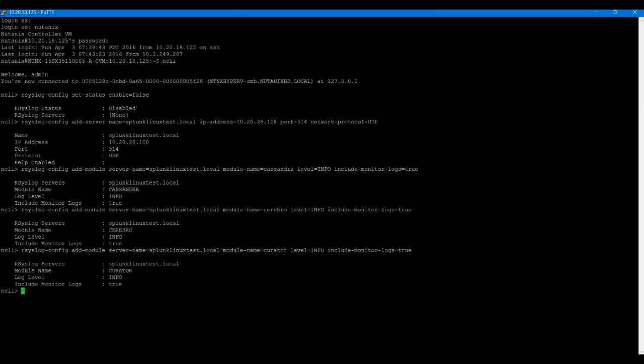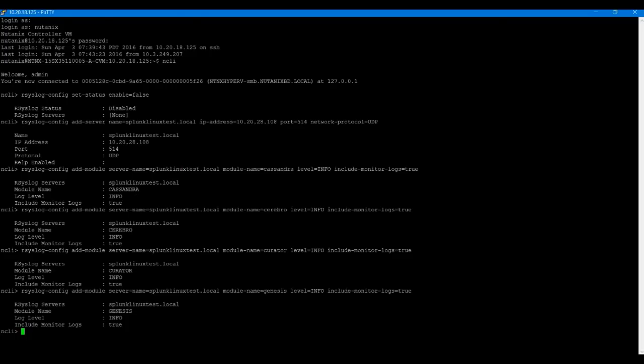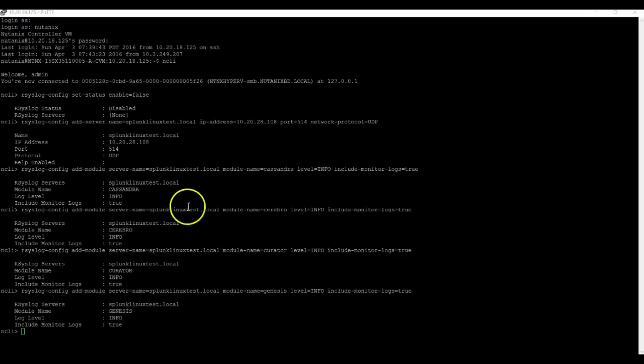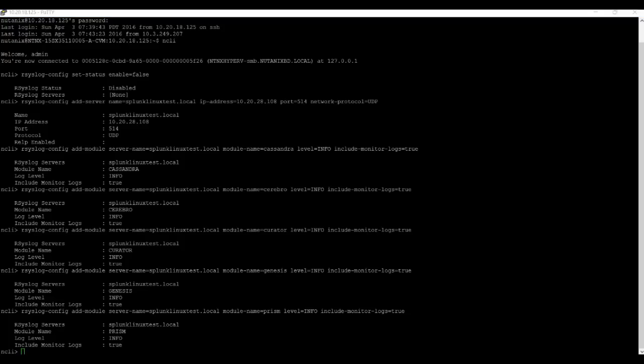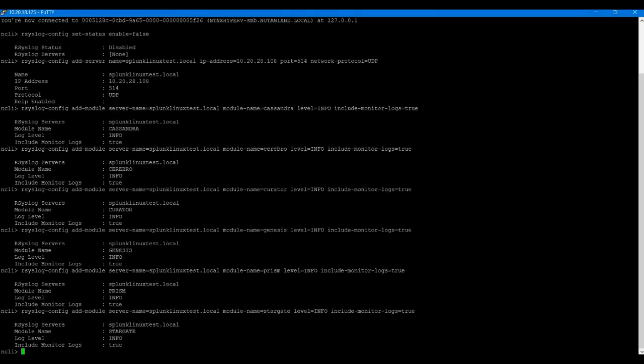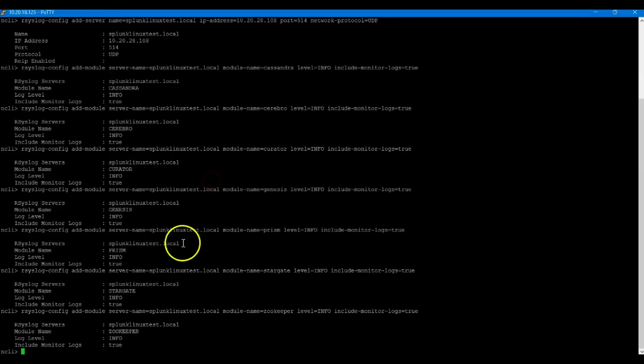And I just put in Curator. I'm doing this as fast as I can cut and paste. And I just put in Genesis. And now I just put in Prism. And I put in Stargate. And then one more to go. And that's Zookeeper. So now we've actually added all the modules and all the logs that we want to actually